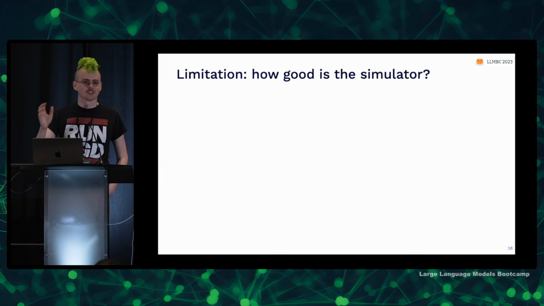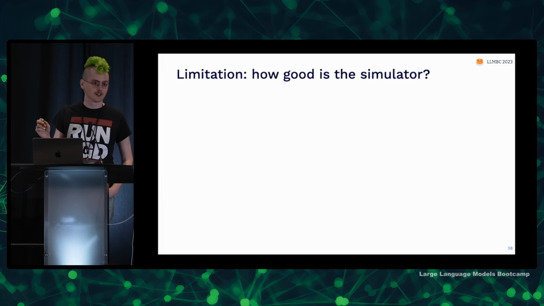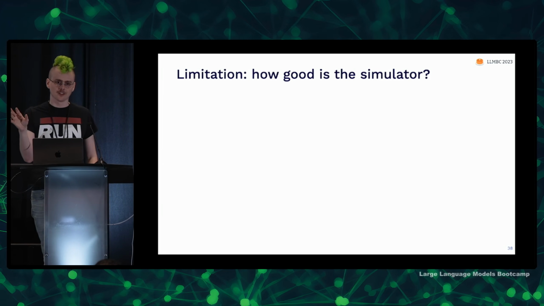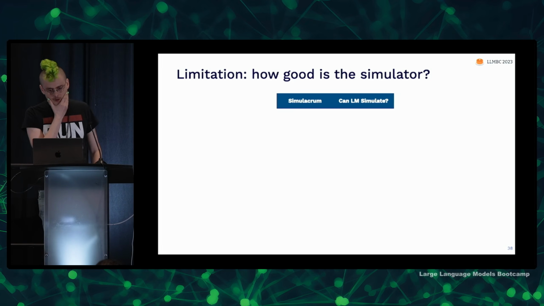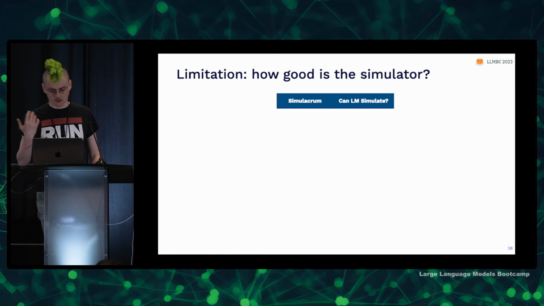The other limitation is, how good are we at simulating, right? The language model is only going to learn to simulate a process well enough to be able to solve its language modeling task. And so most things don't need to be simulated at high fidelity in order to get a really good language model. So just a quick breakdown of some common simulacra of interest and whether a language model can simulate them.